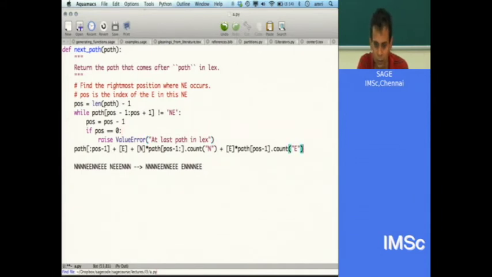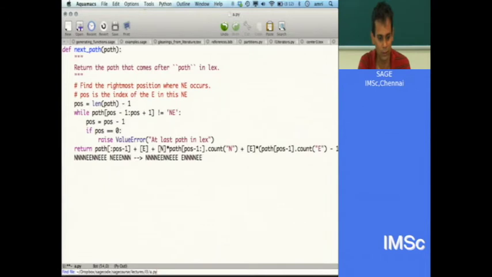So count e minus 1. Okay? Now we need to multiply e with that. Now we need brackets, correct. And then we should put a return. And this can be a comment, okay.